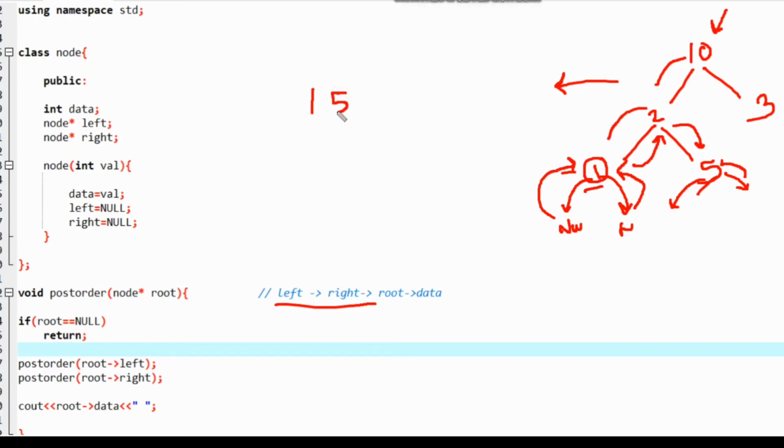After completing all the 3 operations for node 5, we'll be returning back to the caller of node 5, that is node 2. So we have performed left, we have performed right, therefore we'll be printing 2. Okay, now we have done all the 3 operations for node 2.